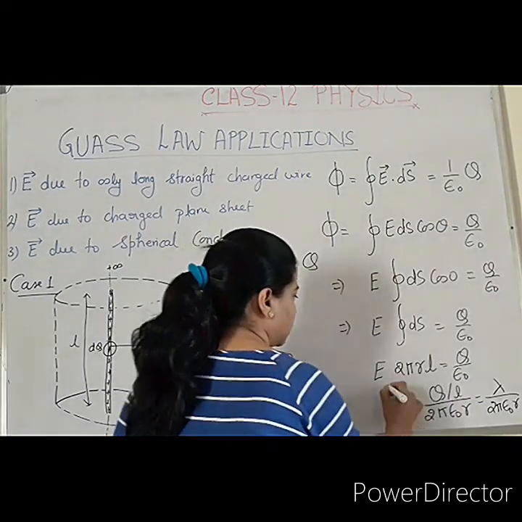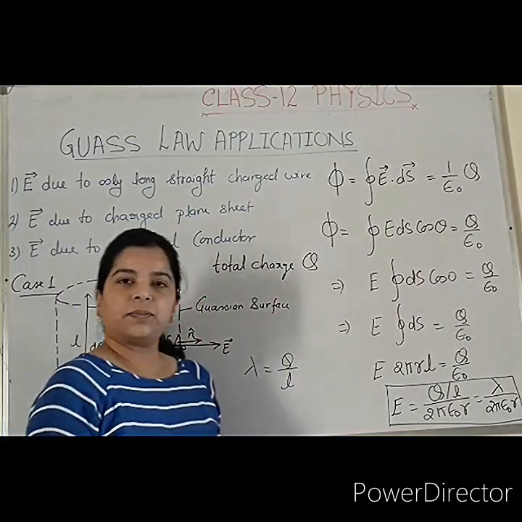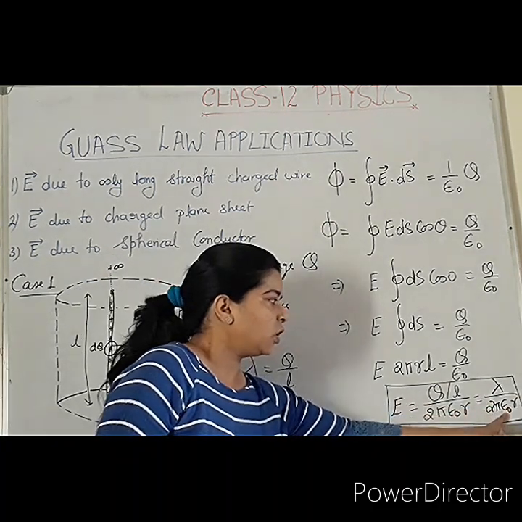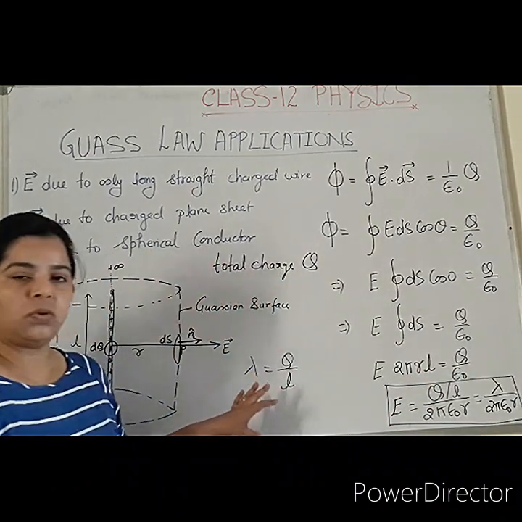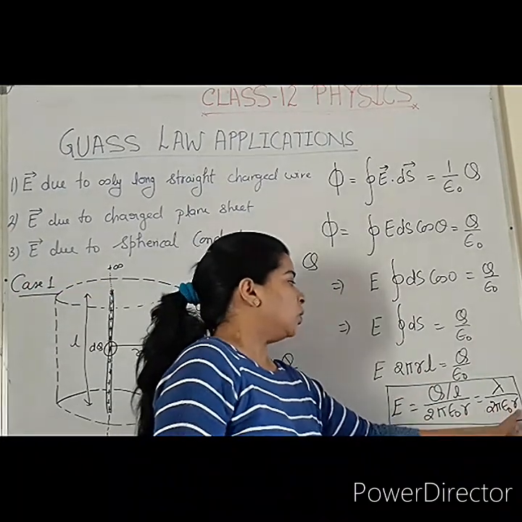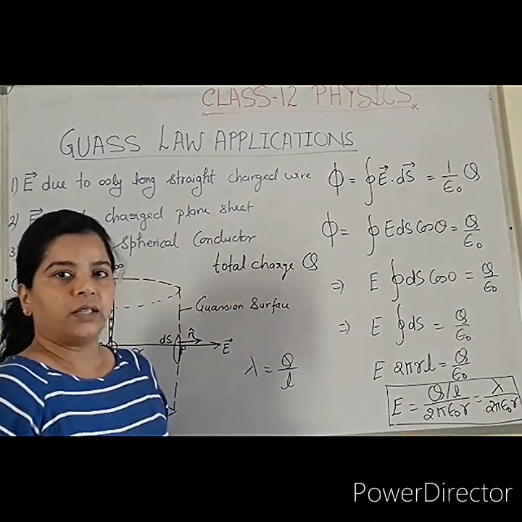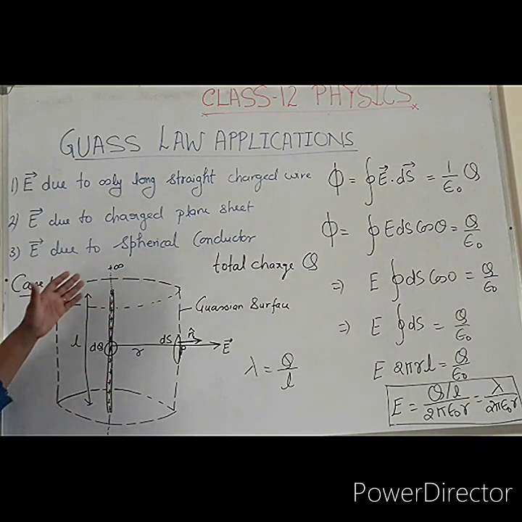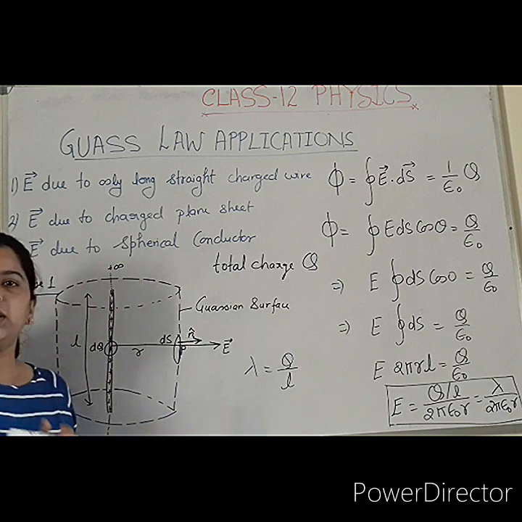You can box the formula: E is equal to lambda over 2 pi epsilon naught r. You can see here E only depends on r. Epsilon naught is a constant term, and lambda is again a constant term in accordance with the charge value over the infinitely long wire. So E is inversely proportional to r. There is no squaring term here. That means the electric field is inversely proportional to the distance. As the point is farther away from this infinitely long wire, the electric field value decreases.